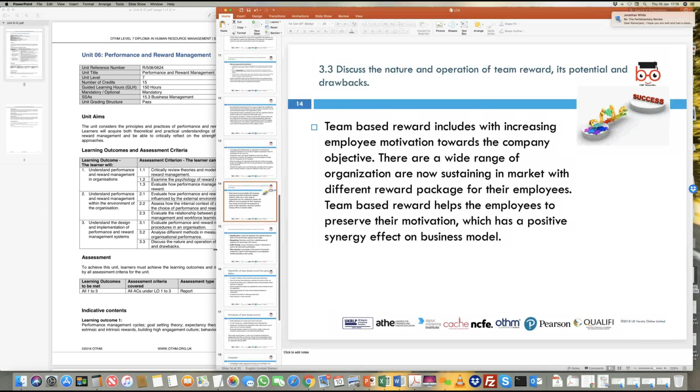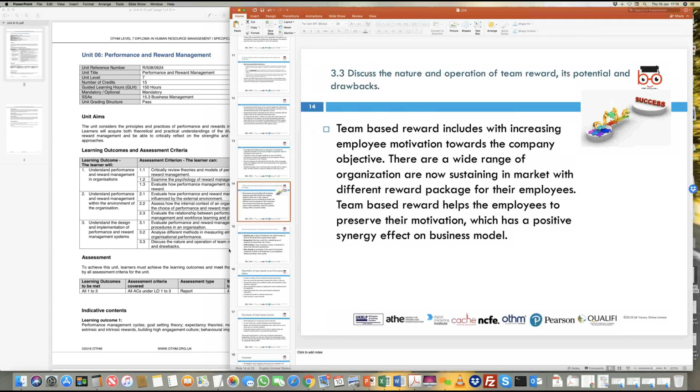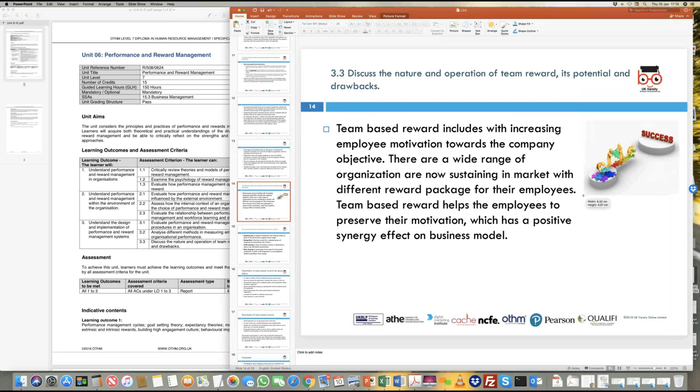Now, having understood this very briefly from the point of view of employee performance and organizational performance, let's put something into the mix to understand what is team performance. Sometimes you will see that organizations work in teams. They create teams because the objectives to be achieved are larger than what a single individual can achieve. So here, sometimes the targets given are team-based targets, or rewards are created